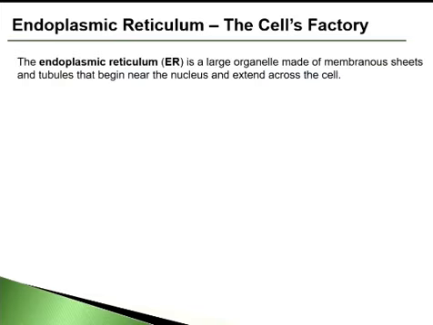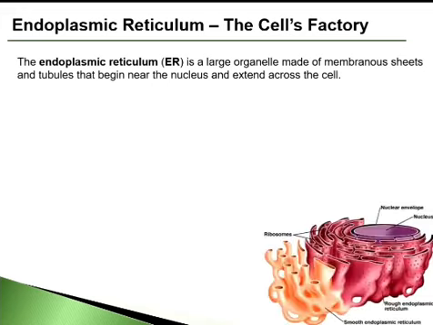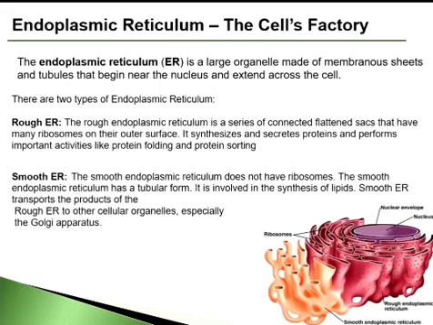Next, we will talk about the cell's factory, also known as the endoplasmic reticulum. It is a complex network of tubular membranes exclusively present in the cytoplasm of a eukaryotic cell. The ER is broadly of 2 types, namely the smooth ER and the rough ER. The smooth ER has a smooth surface. It has a tubular form participating in the production of phospholipids. These phospholipids are chief lipids in the cell membrane, essential for the metabolism process. Lipids are actually a large group of organic compounds that are oily to touch and insoluble in water. Another function of the smooth ER is to transport products of the rough ER to other cell organelles, mainly the